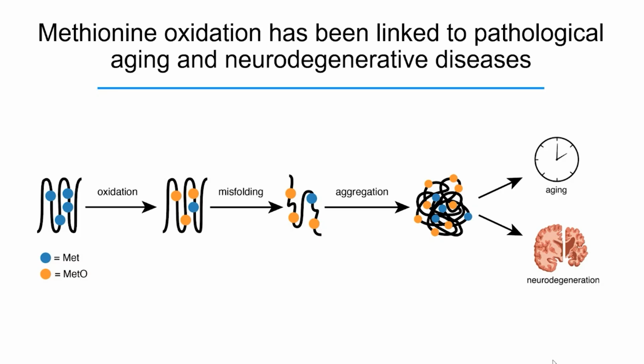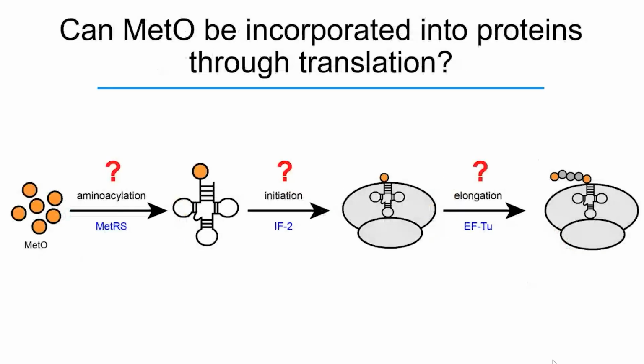So just establishing why we're interested in methionine oxidation, a lot of this work is focused on methionine oxidation in proteins, but I'm going to be explaining a different aspect of this oxidation. Our big question is, can you take a free methionine sulfoxide and can that be added onto a tRNA through aminoacylation and then make it to the ribosome and actually get incorporated into a protein through translation? A lot of the other projects in the past have focused on looking at oxidation as a